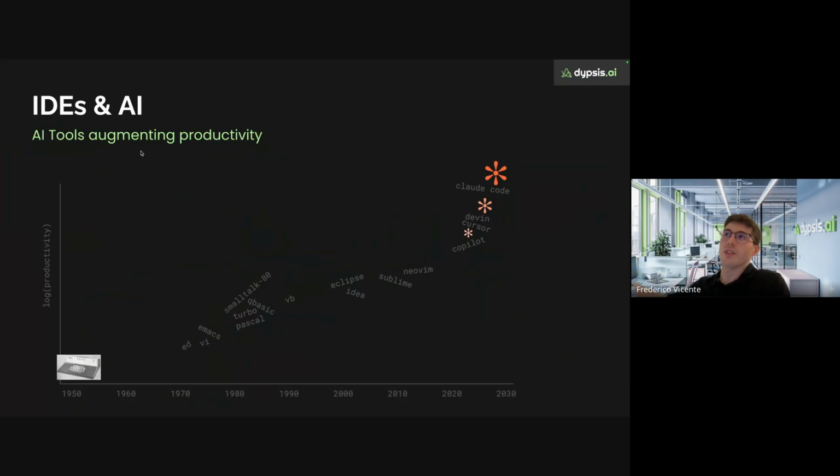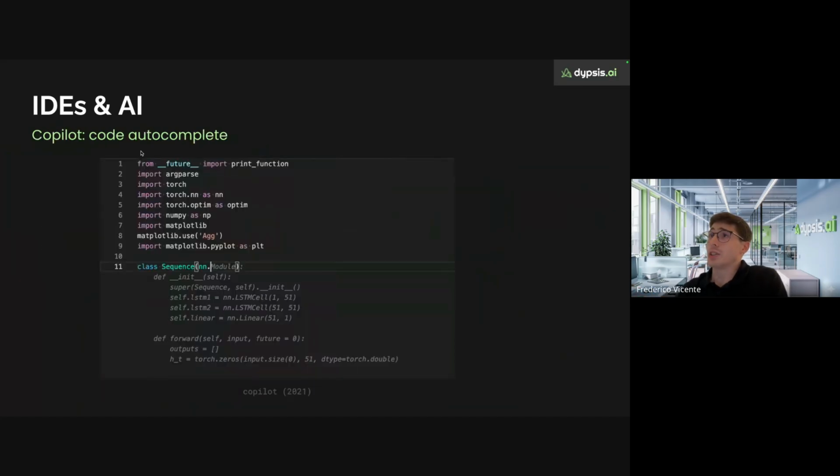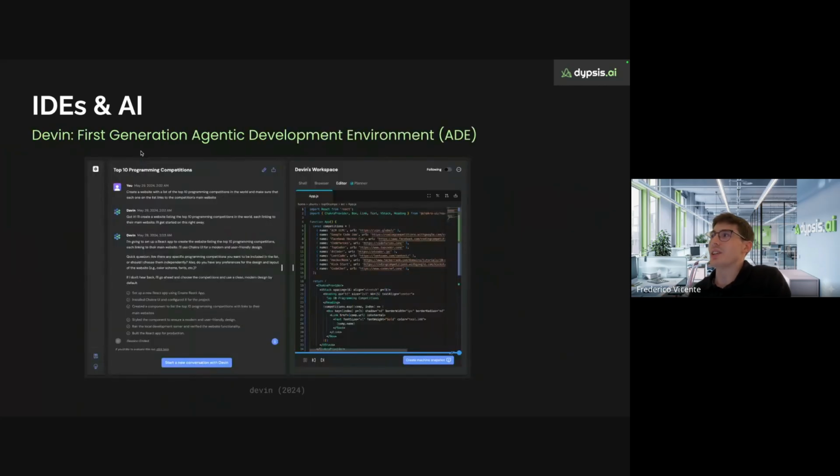At first, when intelligence started appearing in these IDEs, it was more related to autocomplete. You would start writing some line of code, this function, and it would suggest some piece of code that would make sense in that context. It was not great. Then afterwards, these agentic development environments started appearing, like Devin, Cursor, and nowadays there are many more.